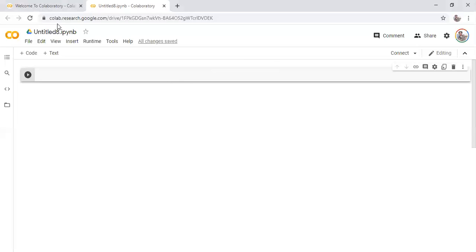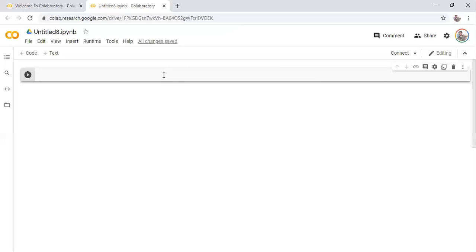So for this particular demo, I'll be using Colab, which is a Google product. It is similar to Jupyter Notebook. If you want the details of it, once you start class, I'll give you the details of how to install Jupyter Notebook and how to install Anaconda, or if you already have Anaconda installed, you already have Jupyter Notebook.